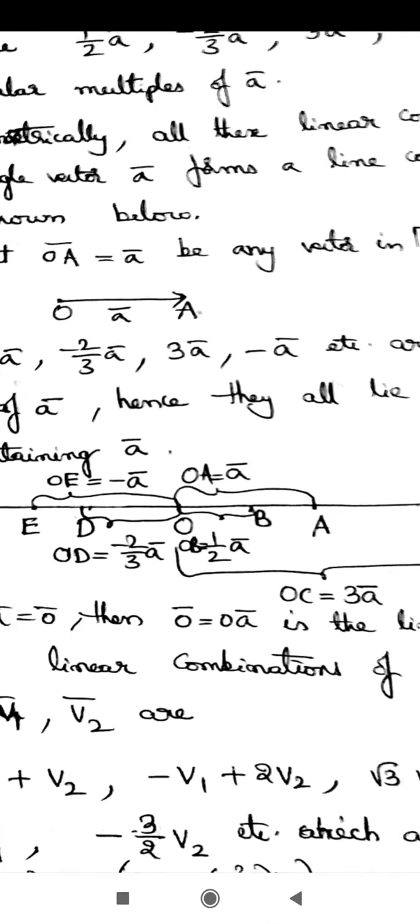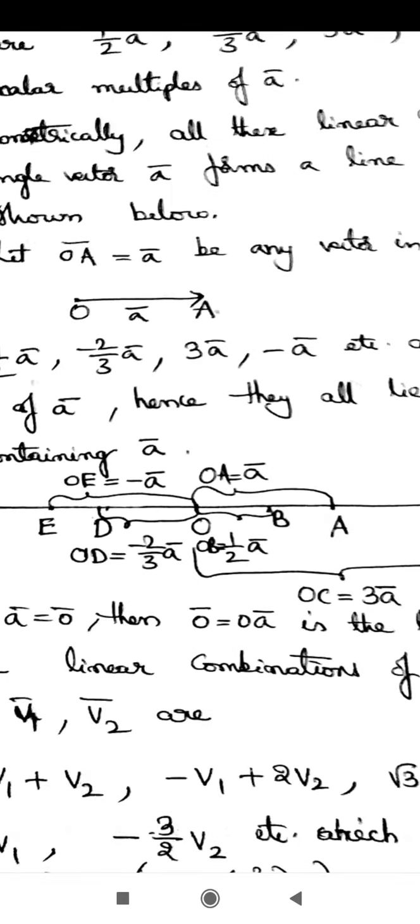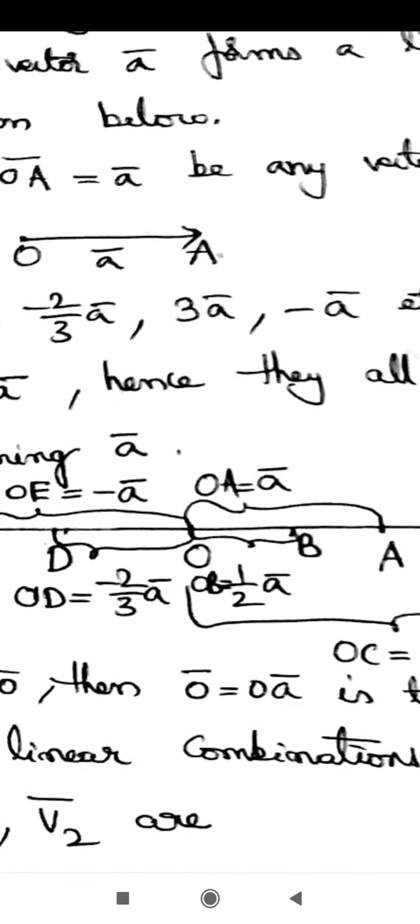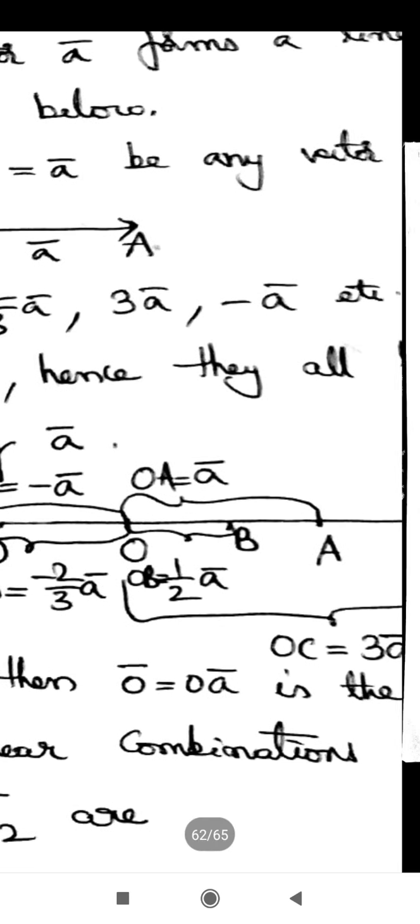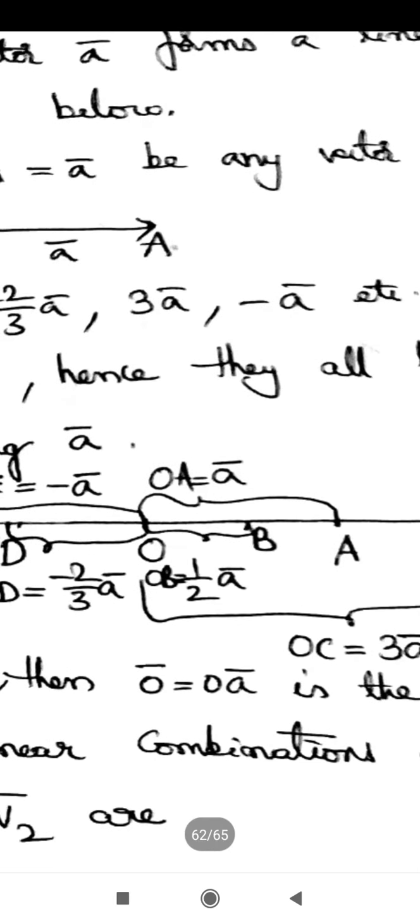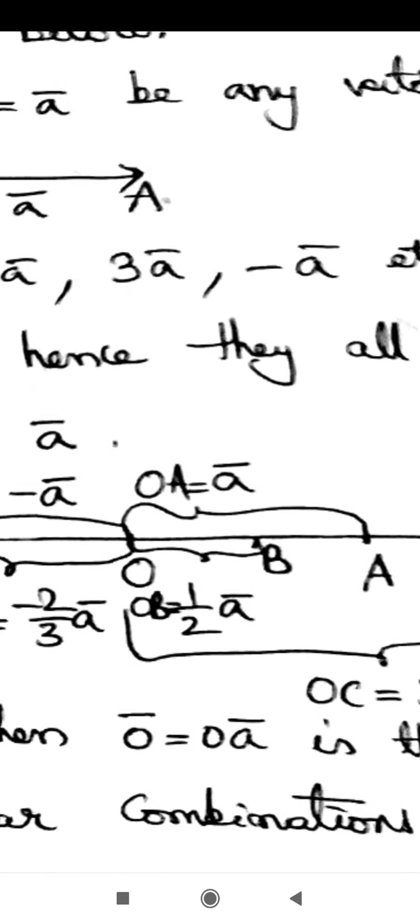And here we can see in the figure, this is a line, and I have taken the origin O. Up to the point A on the line, the vector OA is equal to a bar. I have not mentioned the directions here, but treat it as O to A. The points itself show its direction. The starting point is O and the end point of the vector is A. So that is in the direction O to A. So OA is a bar.